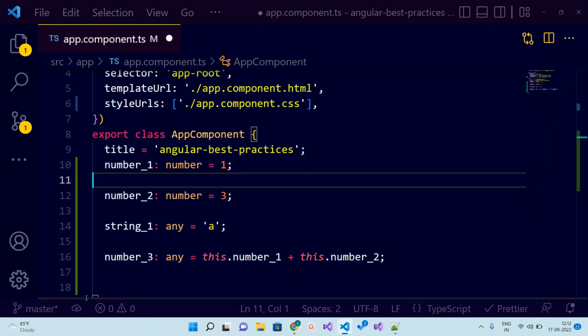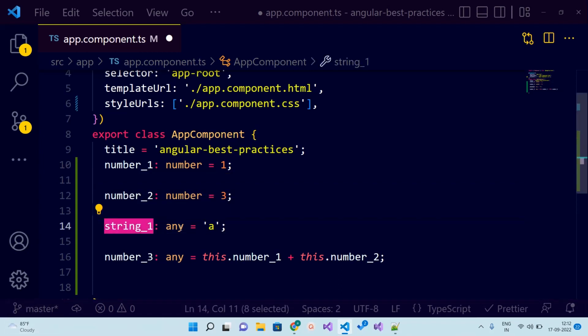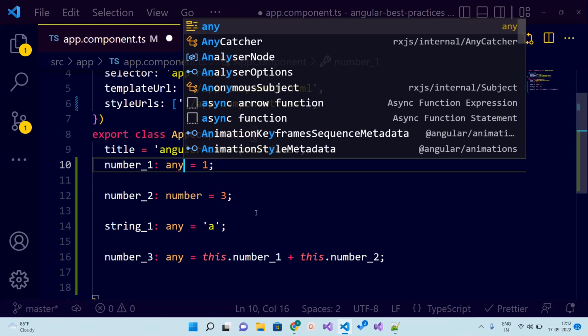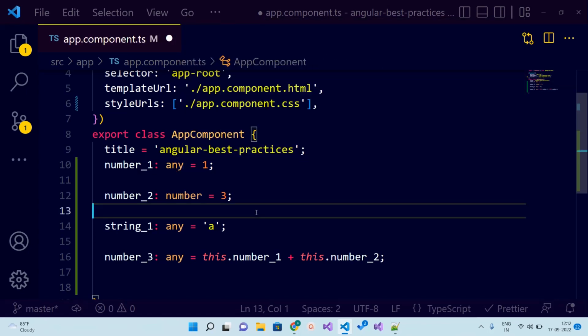As we all know, TypeScript is a type checking language. So there may be a situation when we don't know what kind of content we are expecting. In that case we will use a variable of type any. We can declare that, but it is not a smart way to always use any in front of every variable. Because by using any we are instructing TypeScript to bypass the type checking. This will put our code at a high risk of bugs and make it very hard to trace when we are debugging